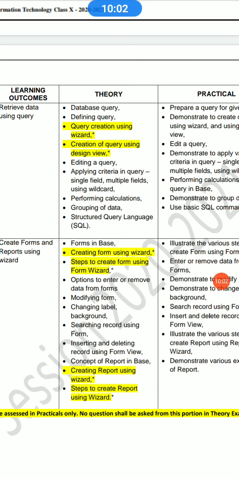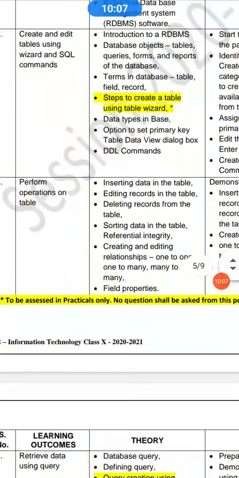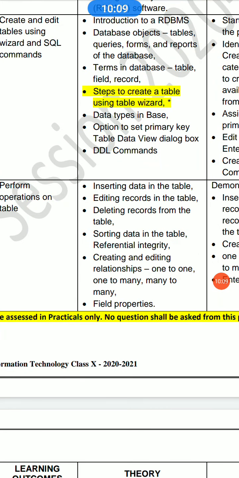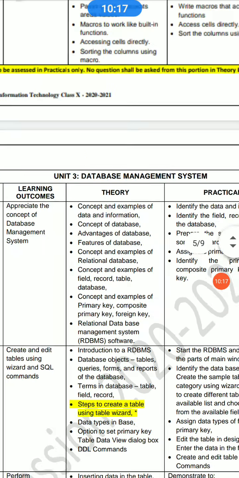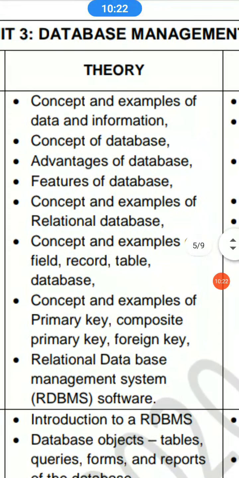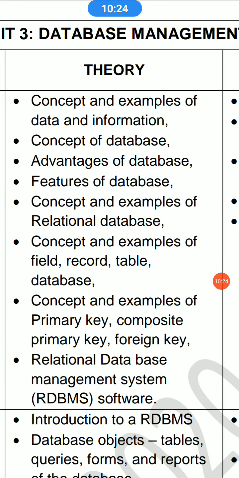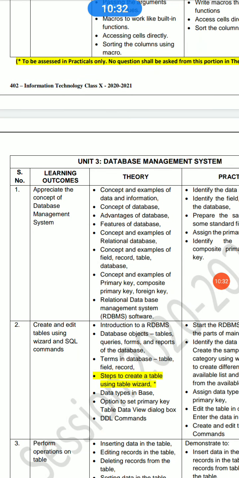Whatever theory part is there stays as it is. The difficult one was the macro, which is a little bit difficult for the students also, because students who are not coming from a programming or coding background should learn it properly, and only then can they prepare the macro and write the functions. So that should be reduced, and this is the theory part most probably. If they give some relaxation, then it can be reduced, but CBSE has not reduced the syllabus. They have just said it should not be asked in theory, but we have to cover that.